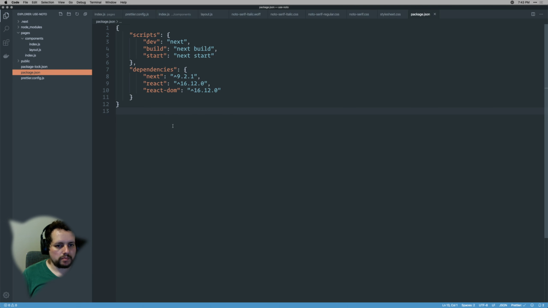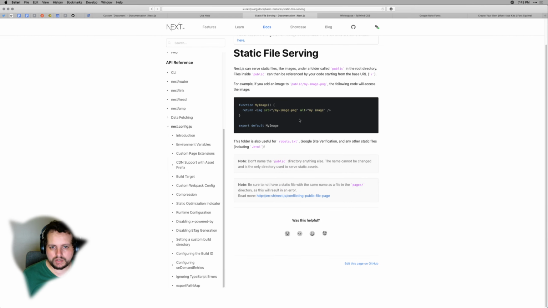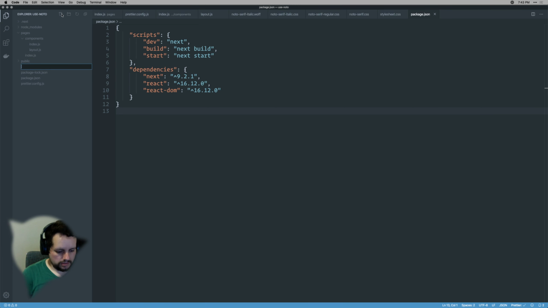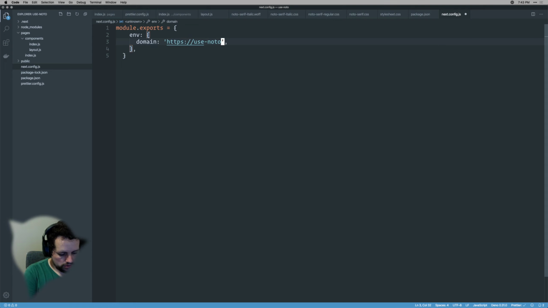Now I think in package JSON I can do that. Next config. This is what I wanted. So next config environment variables. If I say next.config.js, put that over there, and then I can say domain, and then I can just hard code this for now, https